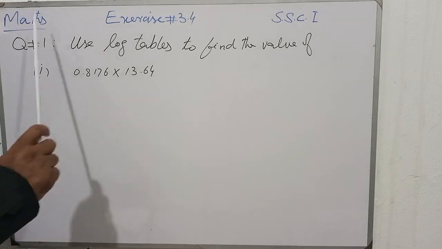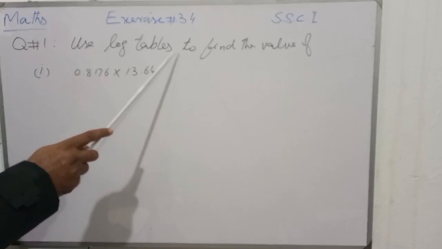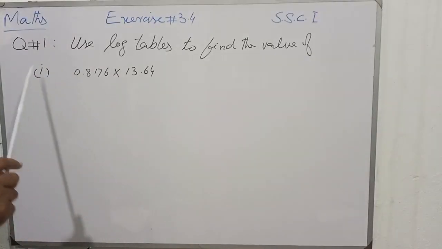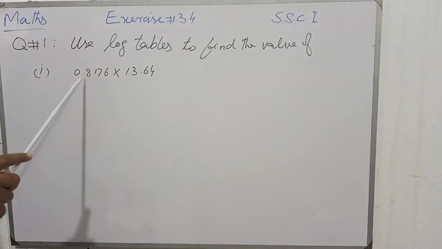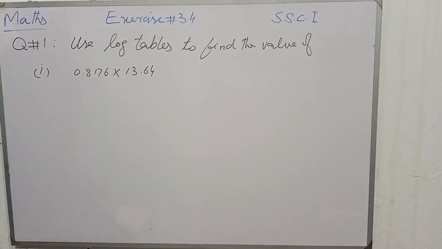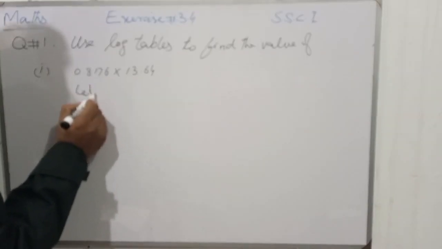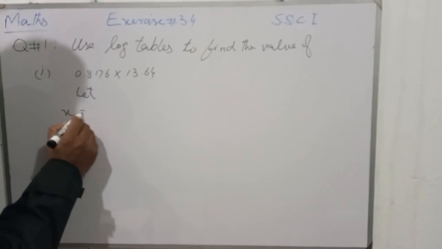Exercise 3.4, Mathematics SSC 1. The question is: use log tables to find the value of the following. The first part of question 1 is 0.8176 multiplied by 13.64. Students, the first step of this question is we have to suppose that this number is equal to x, so we will write x is equal to